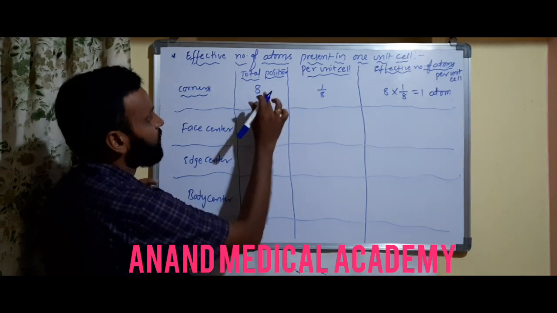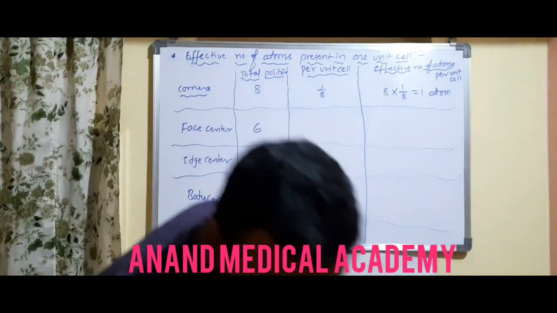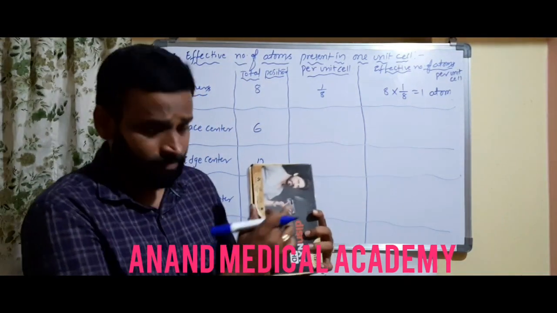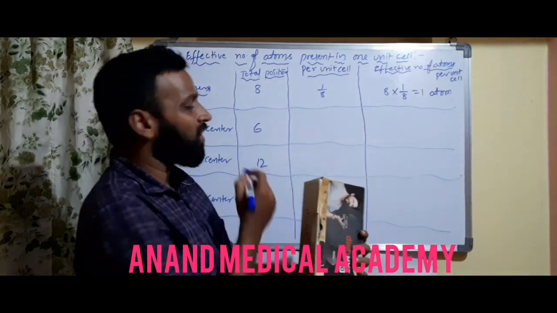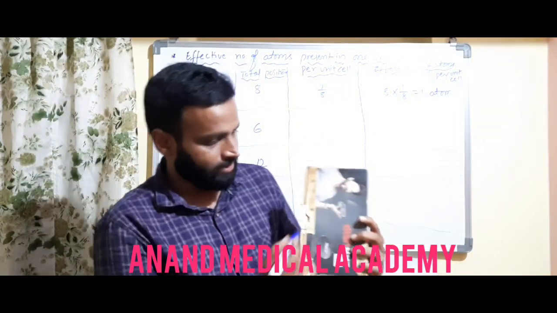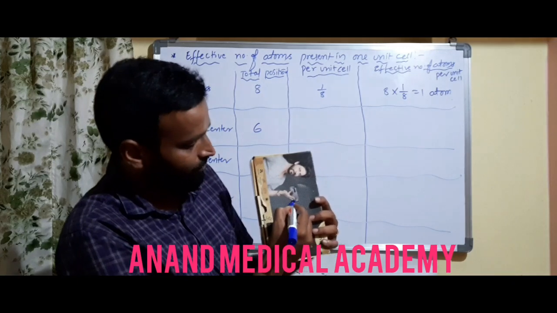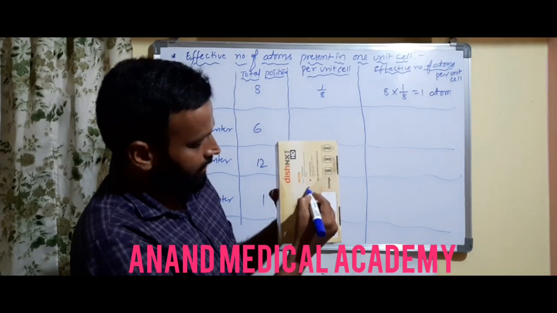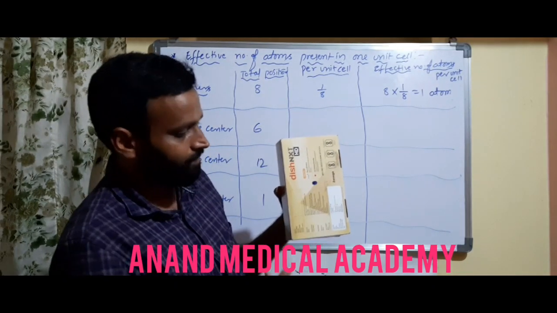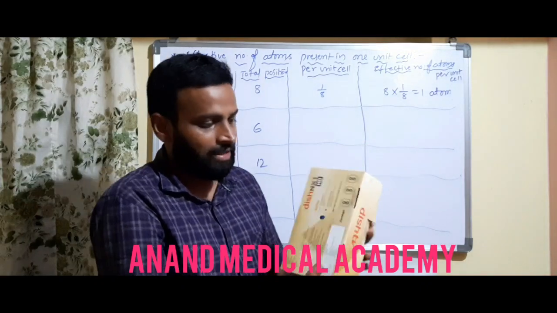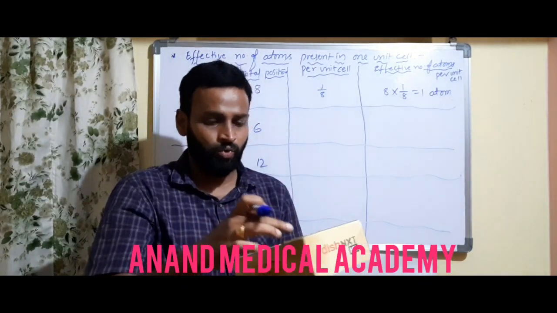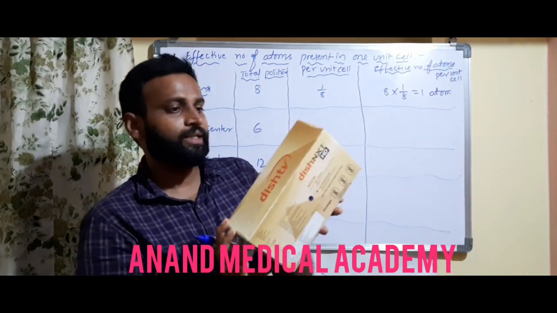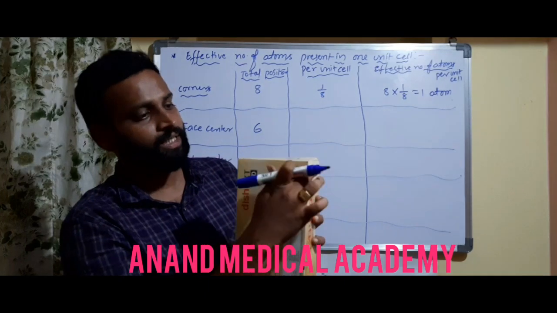Next, face center atoms, how many? Total positions are 6. Now, I don't want everything here. Here we have a model. You can see now. Both are same. Okay, so a corner atom is shared by how many units? So here I have a corner. Face centers, I have one here, and here you have a face center atom. So this is one face. Total 6 faces, I told you. Corners 8: 1, 2, 3, 4, 4 corners, and here the same way 5, 6, 7, 8.